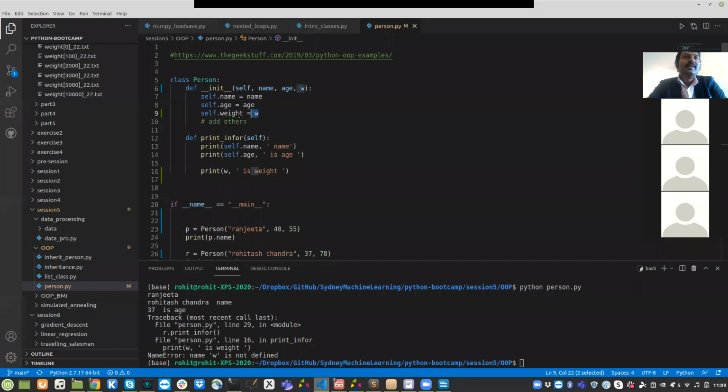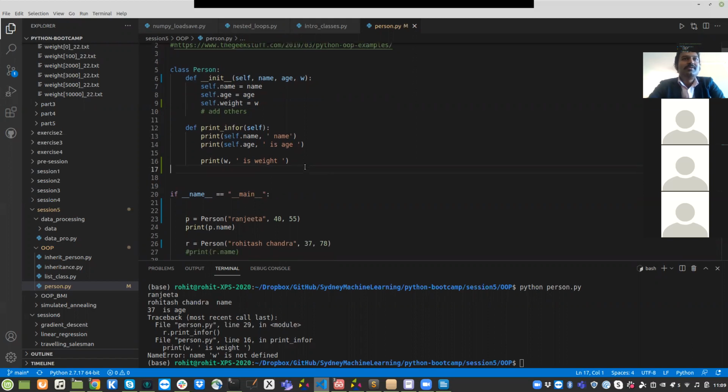The weight has now been updated to self.weight. But why am I trying to print weight from another function here? Essentially this cannot work, because within this function, W is not defined, and that's quite clear. This W is an unknown W. It's not the same W that is there,